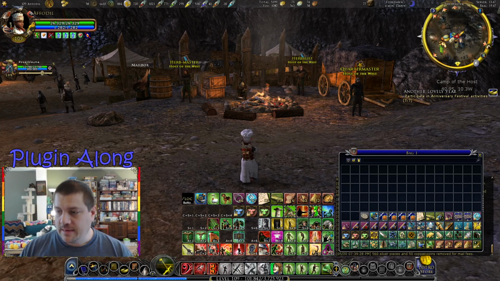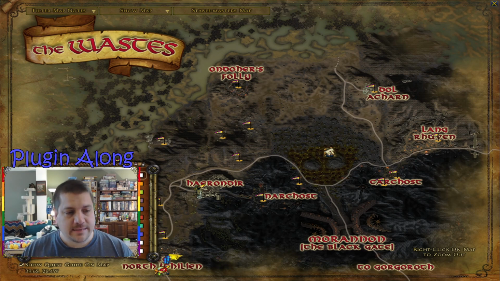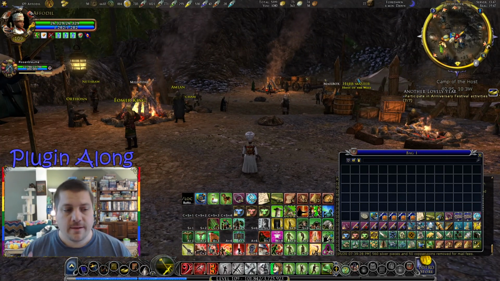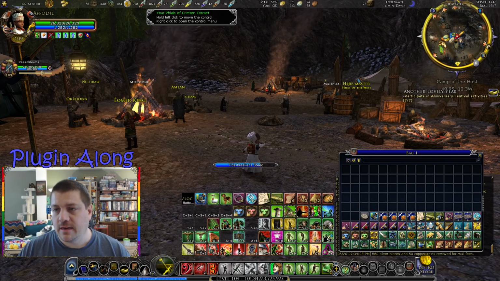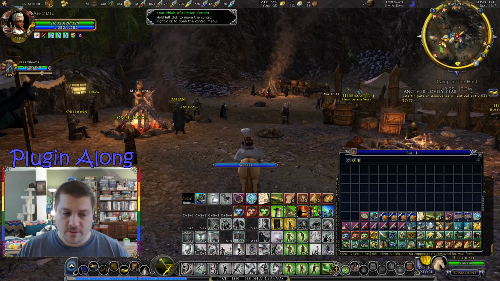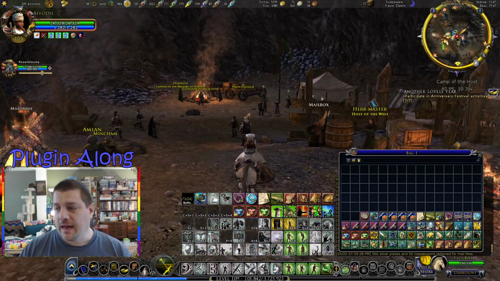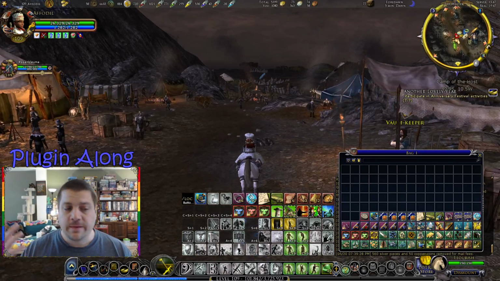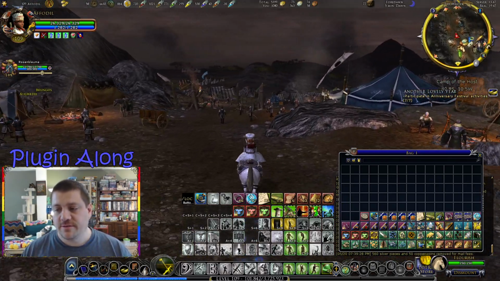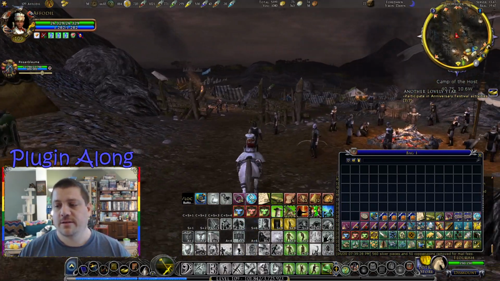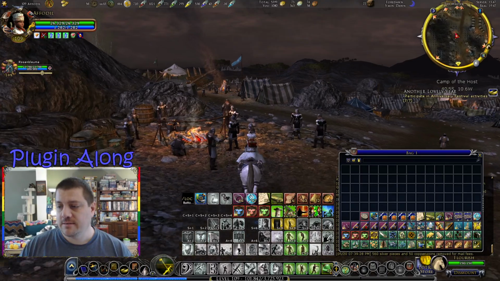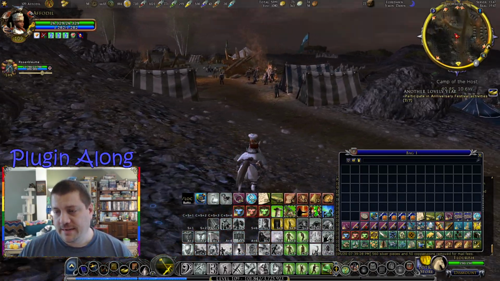So, we are here in the Wastes. In the Wastes and in North Ithilien, there are a special type of gatherable. They are the herbs that will give you vials of extract that you can barter with the herbalists. And it's a whole separate resource system on top of your normal metal nodes and wood nodes and scholar nodes and whatnot. So I'm going to ride on out here into the Wastes so that we can find an herb